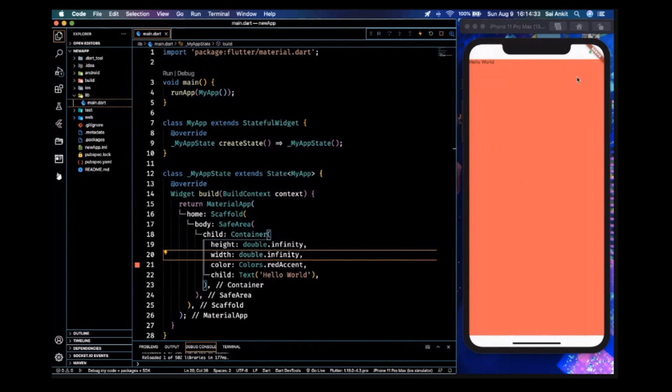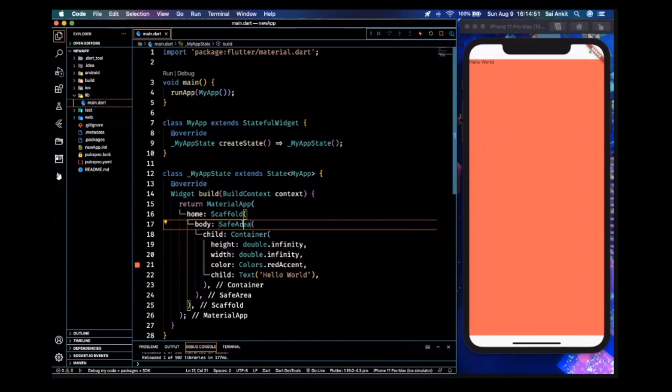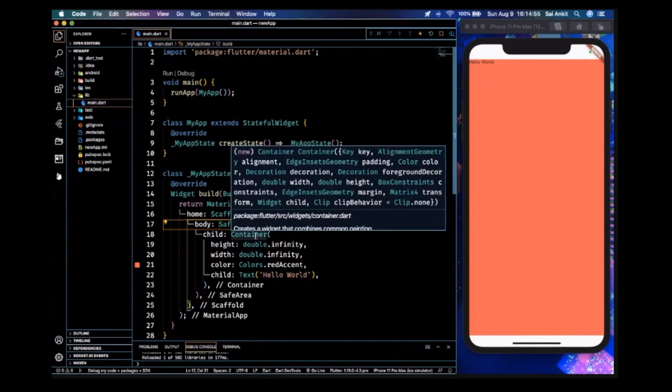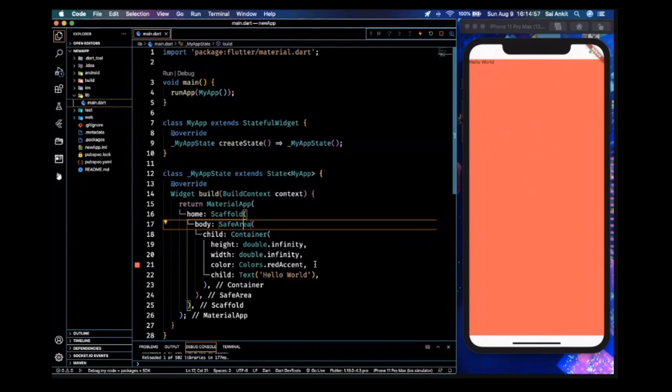So this is basically what the safe area of this mobile looks like. You can try it on your emulator and see what safe area on your mobile looks like. If there are no notches and the screen exactly starts from here, then safe area is basically the whole screen itself. So it again matters from phone to phone. That's the reason you have to include the safe area, so that it can globally take care of different types of mobile applications.